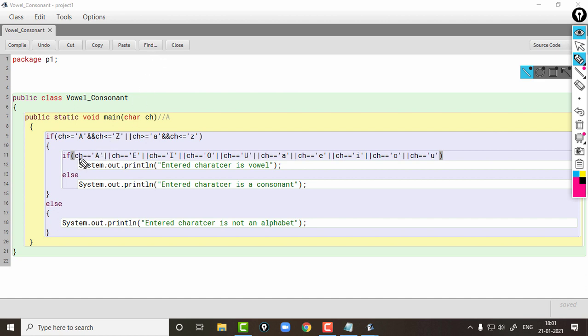So ch has the value capital A, so this condition will be true and this condition will be false, and all the remaining conditions will be false. How? ch has the value A and it is compared with O, so this will be false, and all the remaining relational expressions will be false.